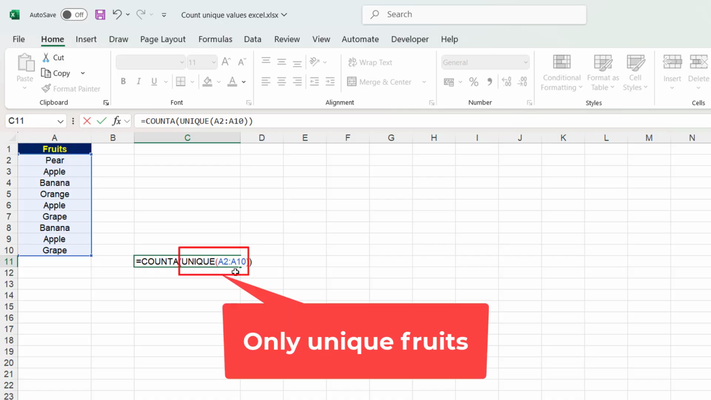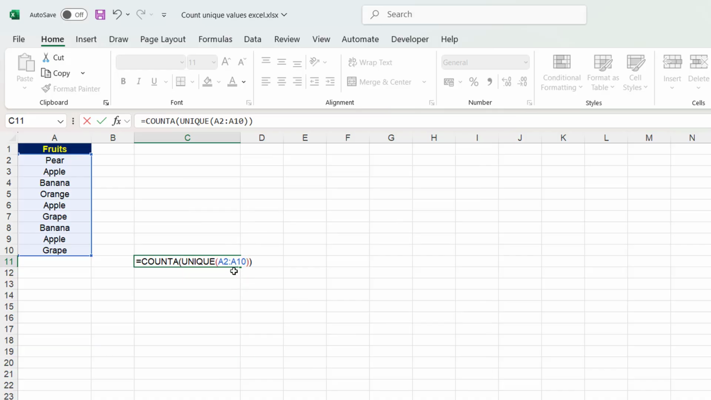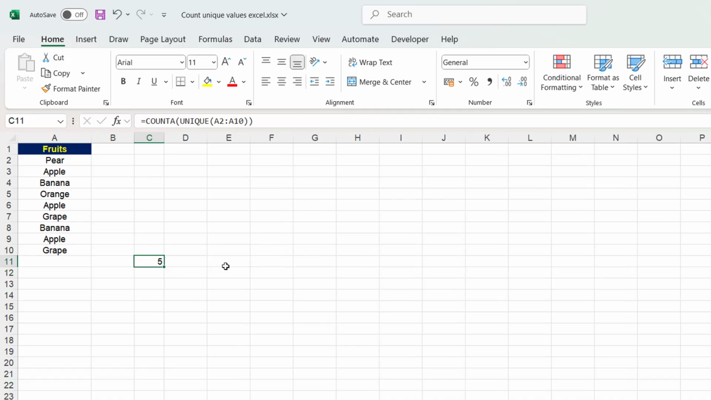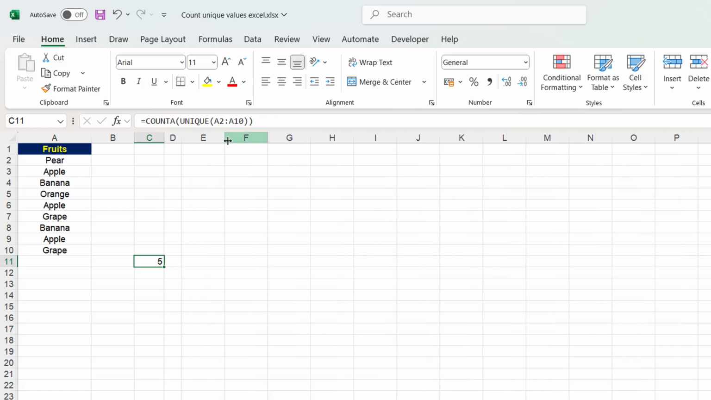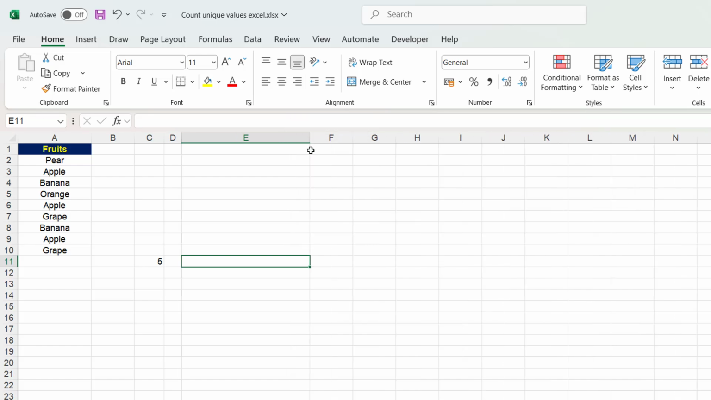The UNIQUE function gives us only the unique fruits. Then COUNTA counts how many there are. Press enter and there you have it, the number of unique fruits. So simple. Now, if you have an older version of Excel without the UNIQUE function, don't worry, we have another